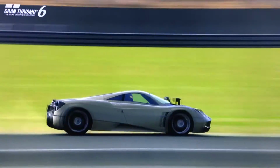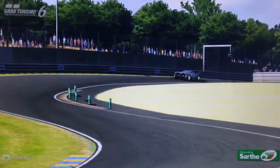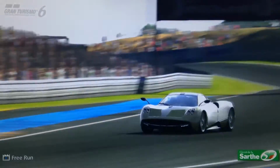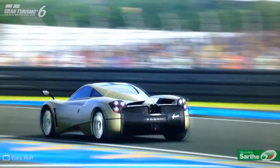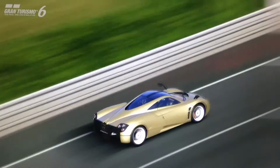Now, in terms of top speed, with certain setups, there are vehicles which can give this car a healthy run for its money, such as the GTR Nismo, the Veyron, and the Alfa Romeo TZ3. Those cars, though, don't have anywhere near the acceleration of the Huayra, and that is why it's such a formidable